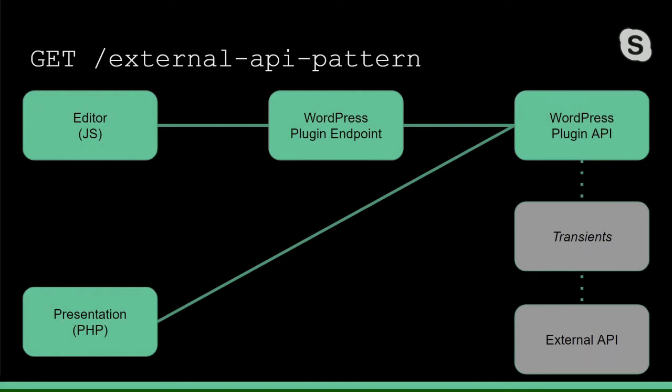A better setup might look something like this. Instead of accessing the external API directly, you can use your own API to serve the PHP code and your custom REST endpoints. Your code will also be much more testable. I also highly recommend using transients in WordPress to reduce the round trip time for most requests. In my own experience, even for very simple requests, transients are about 3 times faster than direct interactions with an external API.